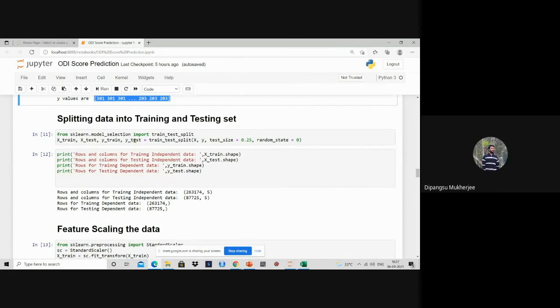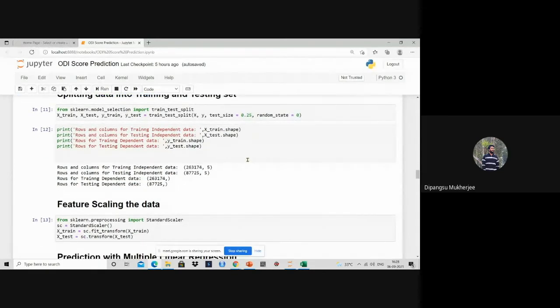So we have written x_train, x_test, y_train, y_test equals train_test_split, and within the brackets x, y, test size will be 25%, and the 75% will be our train size, and the random state will be 0.